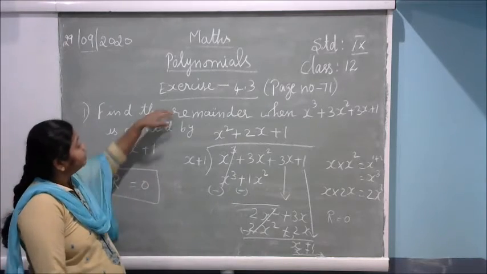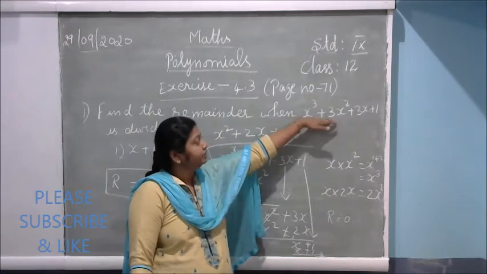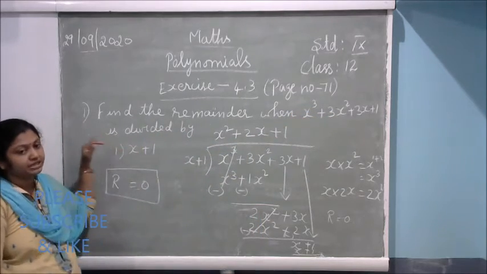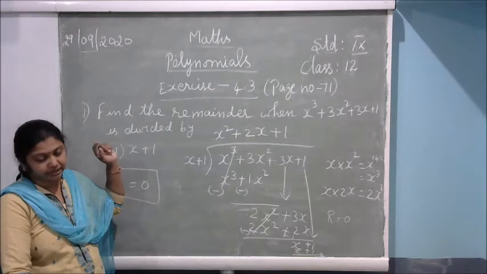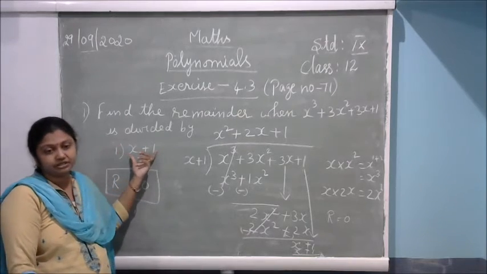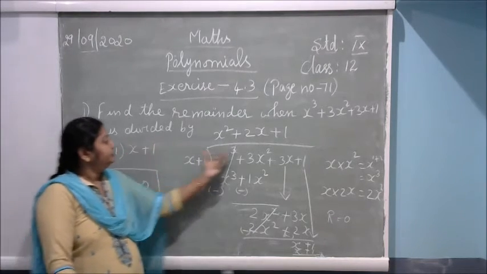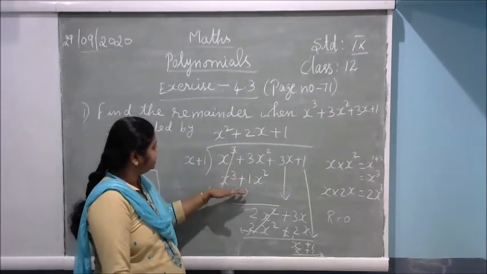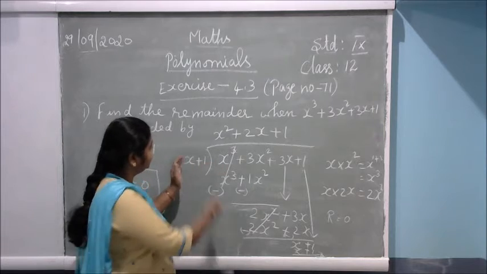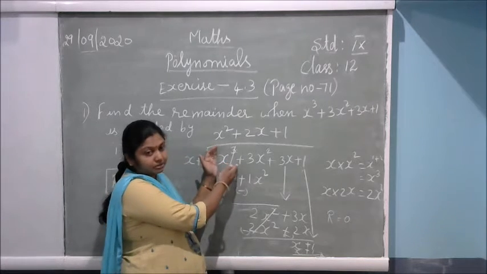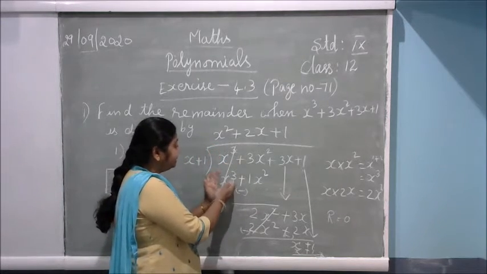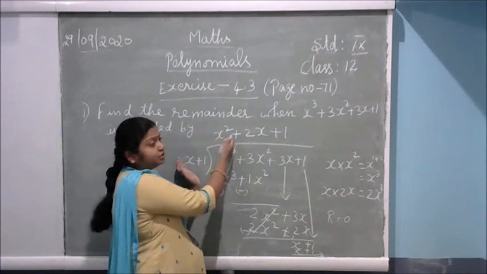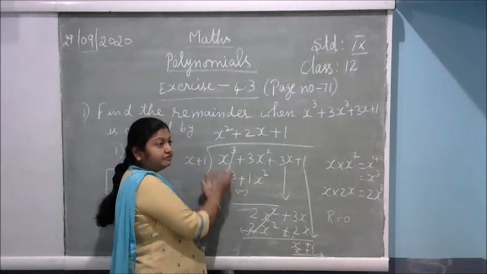See here, whatever equation they have given in the question, that is your dividend, and here in the first, second, 5 sums they have given in your textbook, that and all is the divisor for you. If you have to divide the dividend with the divisor, you have to check the first term. Here x is there, here x cube is there. So you have to bring down the x cube. For that how much do you need? x square. If you multiply with the x square, you will get the x cube here. The first term you have to